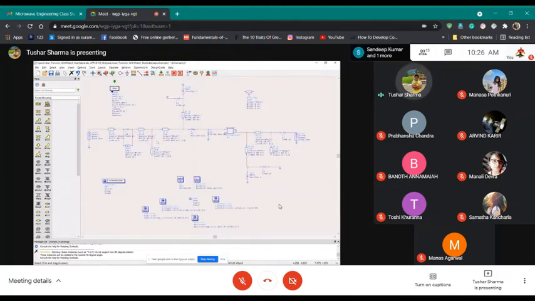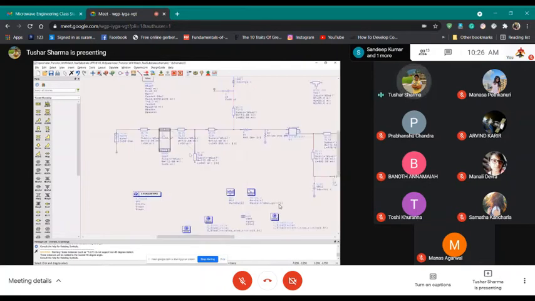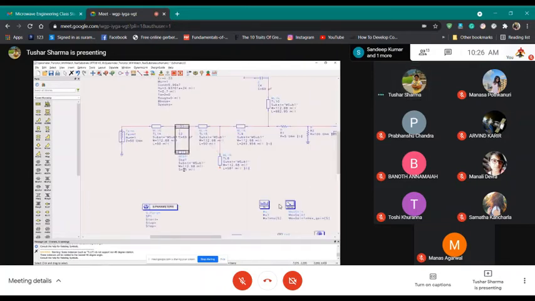So for that we need two things: M gap. Why we need M gap? Because to solder any component, whether it is a cap or it is a resistor, you need to create a gap. So this takes into account that gap. So let me show you this thing in layout. How does it look like? I think then you guys might understand better. Let me just move it a little bit here.